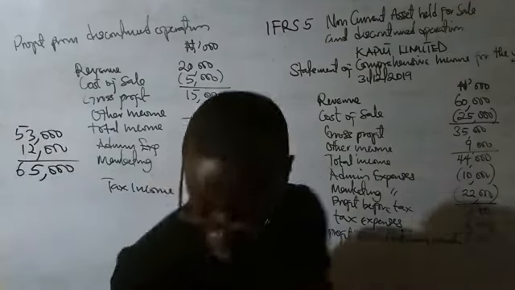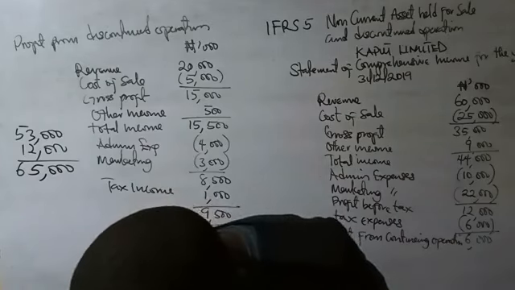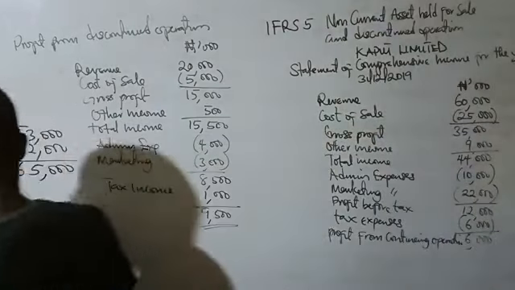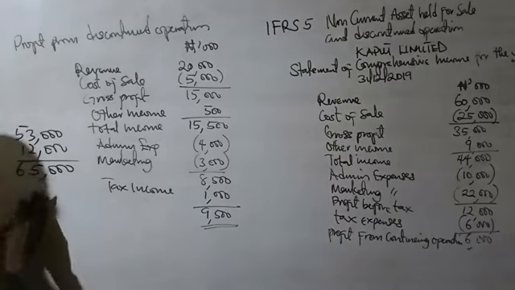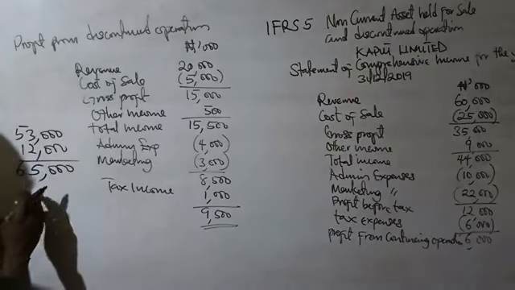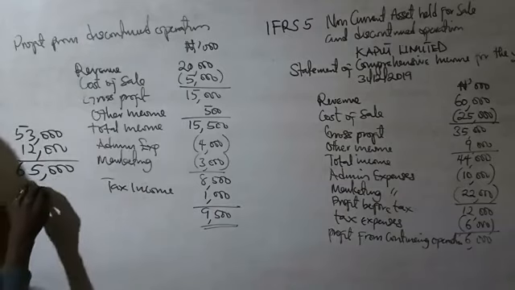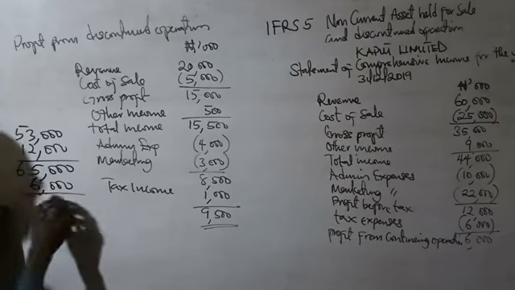Now we have trade receivables. Trade receivables is how much? Because I don't want to wipe up the board, that's why I'm doing it here like this. So trade receivable is 6 million. So that will give us